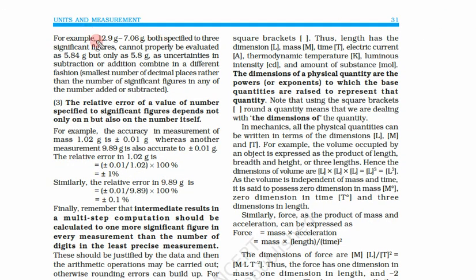Suppose we measure two masses. One mass is 12.9 grams, and we subtract a mass of 7.06 grams. Both have three significant figures. Then the remaining calculation must have three significant figures. That means the answer should be 5.84 gram. But this is not correct.